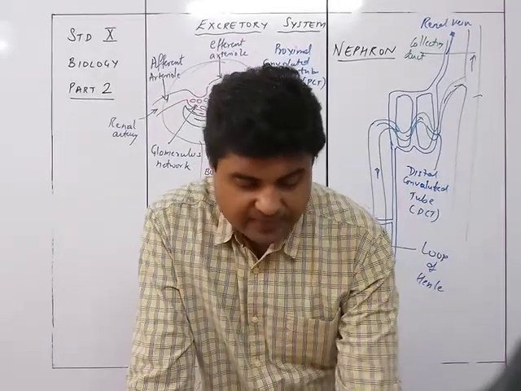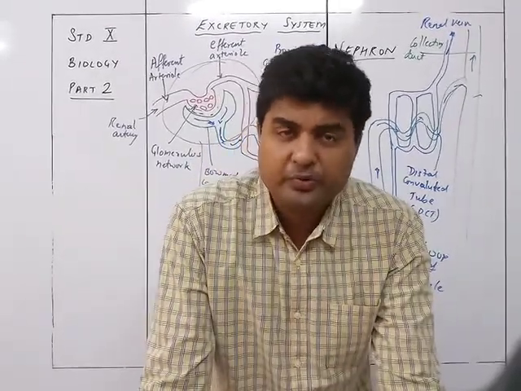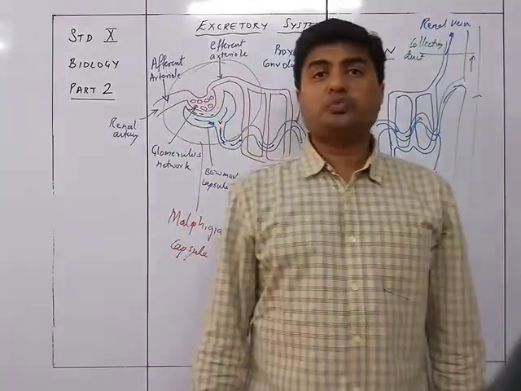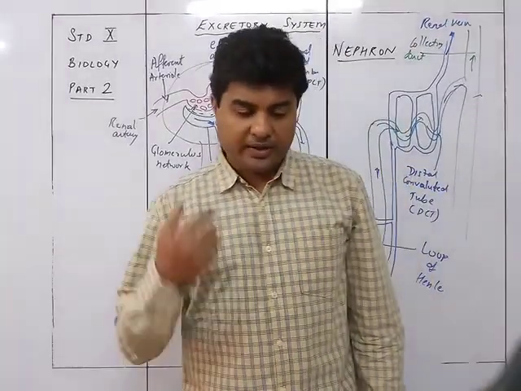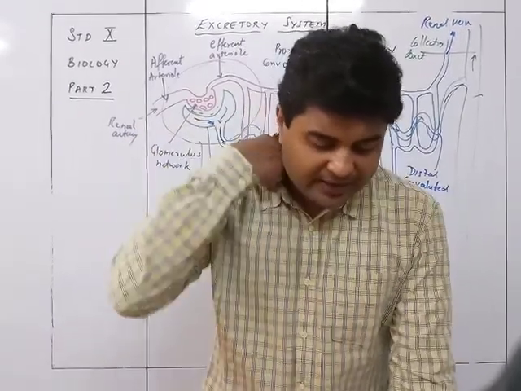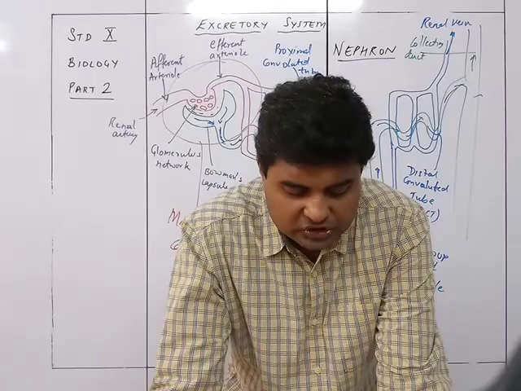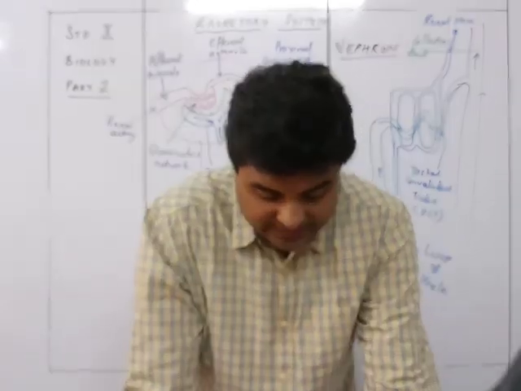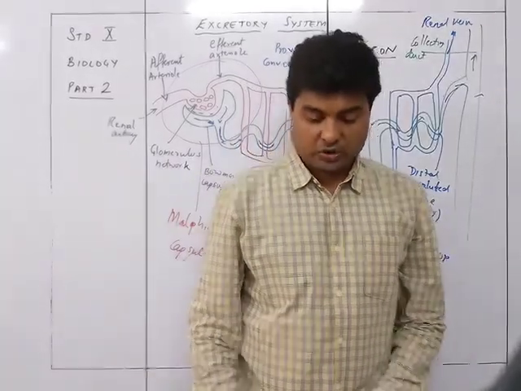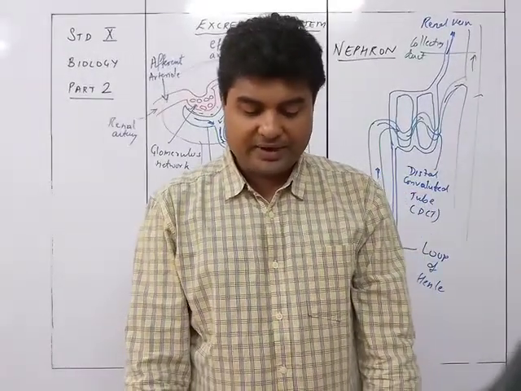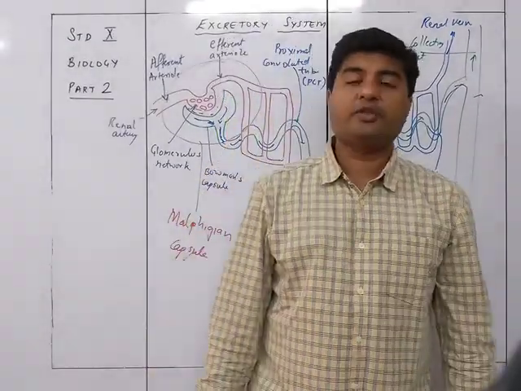Now we see osmoregulation. Osmoregulation means regulating the amount of water content in our body, that is the osmotic pressure of the body. The kidney, while removing waste like urea from the blood, also regulates its composition, that is the percentage of water and salts. This function is called osmoregulation. It implies the regulation of osmotic pressure of the blood.